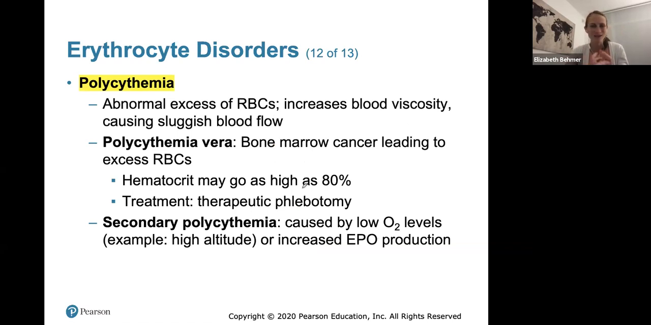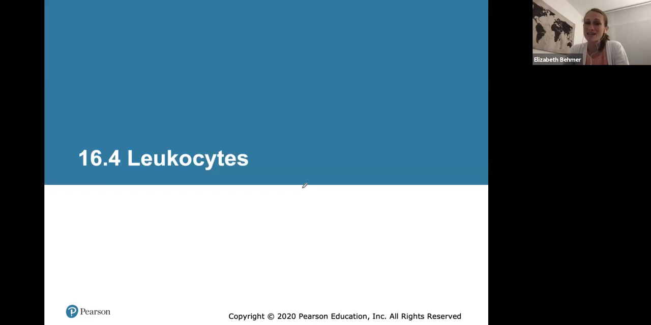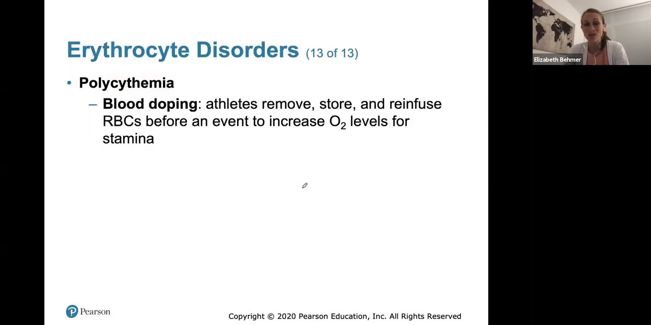So this will cause viscosity, sludge, sluggish blood flow. And I'm going to kind of pass over that. That's all you need to know. Polycythemia is an abnormal excess of red blood cells. Again, blood doping comes in here, where athletes will remove, store, and then reinfuse their red blood cells before an event to increase oxygen levels for stamina. And again, dangerous because you don't want to make your blood nice and sludgy and with high viscosity, so you